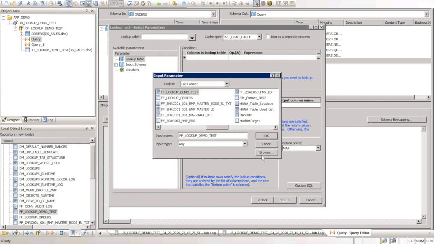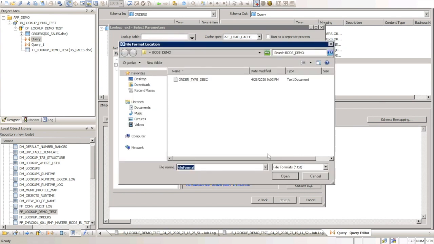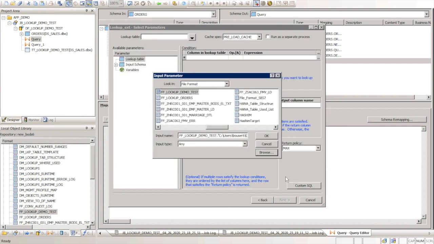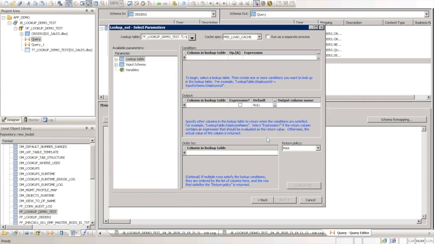The reason is, in the case of a file, let's go to this browse option, because BODS will understand a schema name dot something. If I go to the browse option, I can get this file, and if I click it, you see the name of the file is the file format dot the exact file name.